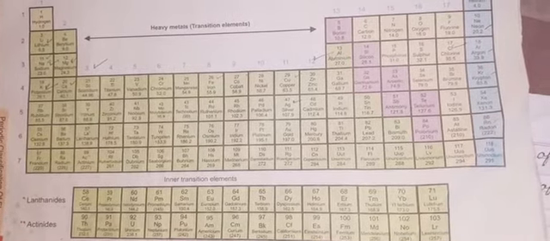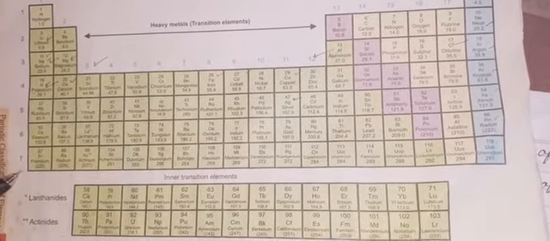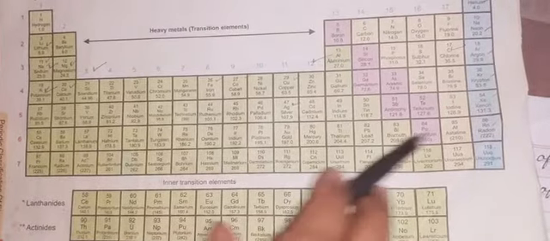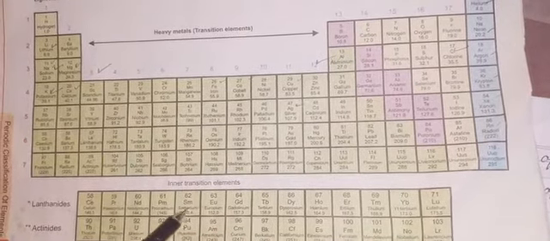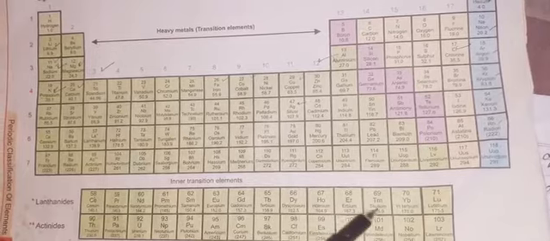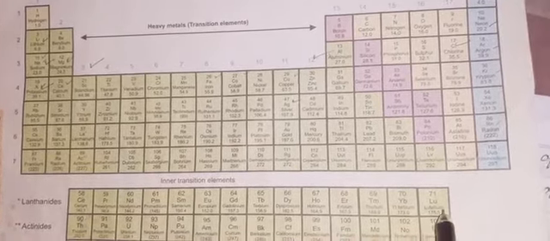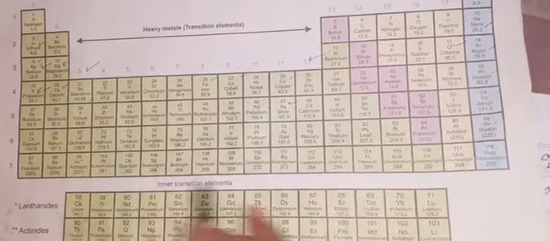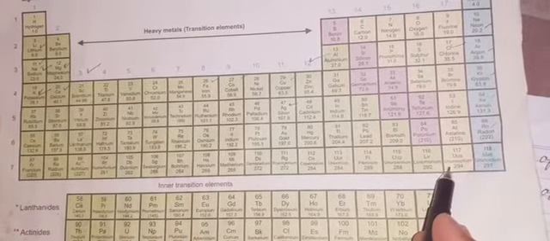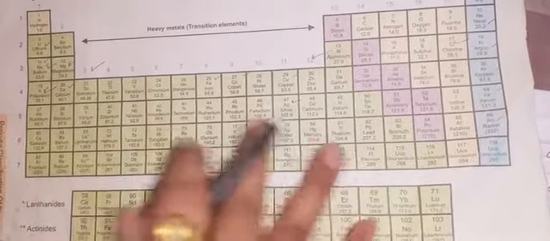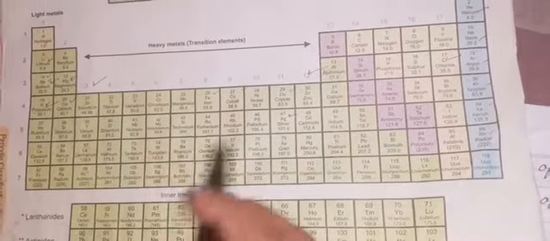not in a proper way. So in the sixth and seventh periods you will see a total of 18 elements plus 1 2 3 4 5 6 7 8 9 10 11 12 13 14. 18 plus 14 means there are 32 elements here and 32 elements here in the seventh period. So we are going to discuss the periods in detail.